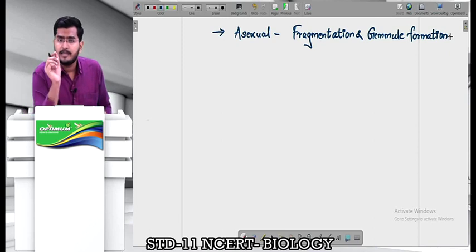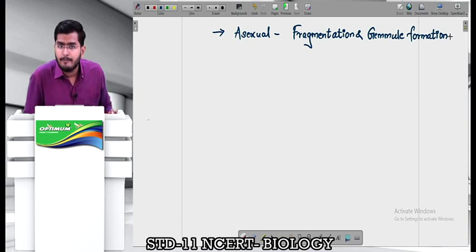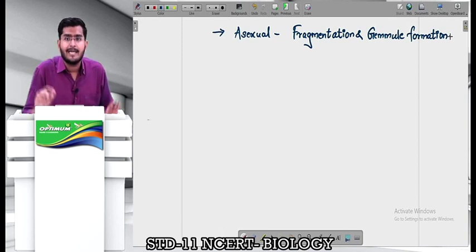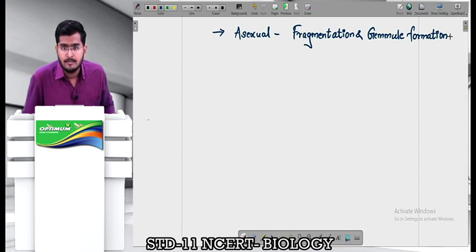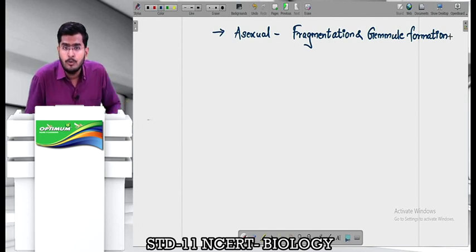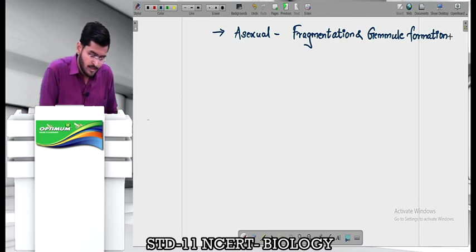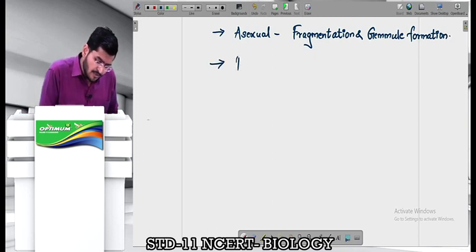On the parent body there is going to be a very small outgrowth, a very small bud, which will eventually detach from the parent, and that single bud can give rise to a whole organism. So if you divide the organism into different small pieces, and every fragment gives rise to a new sponge, you call the process fragmentation. And if there is a small bud through which a new sponge can be formed, you call it gemmule formation. Also let me tell you that sponges have a very high power of regeneration.